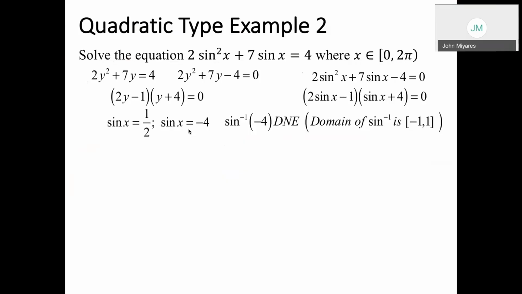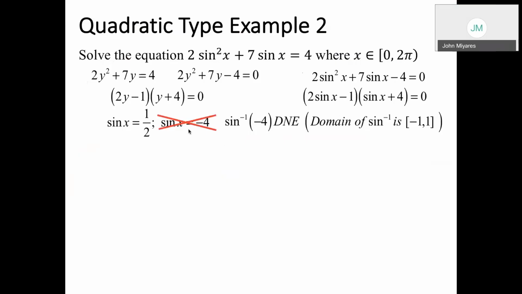To do so would mean that you had an opposite side on your reference triangle that is 4 times larger than your hypotenuse, which can't happen. Consequently, we're going to cross off that factor as being extraneous,